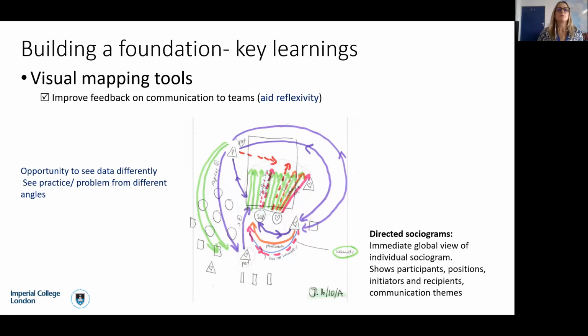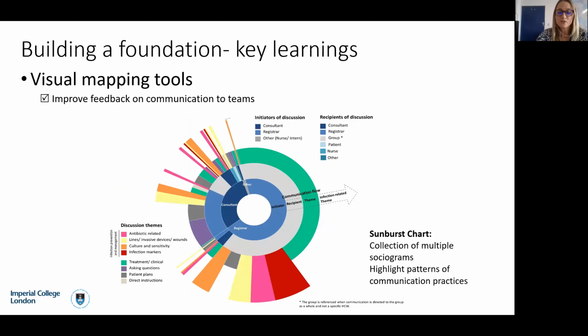Sorry, I just want to go back to talking about the visual mapping tools and improving them. I just wanted to add here that there were different ways in which we could depict or illustrate them to the participants to aid reflexivity. So that was one way, the actual hand-drawn sociogram. And then we also looked at the sunburst chart, and what's really nice about this is that it can highlight patterns of